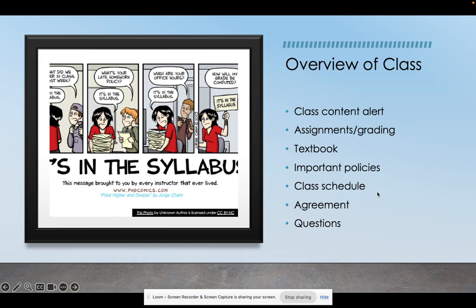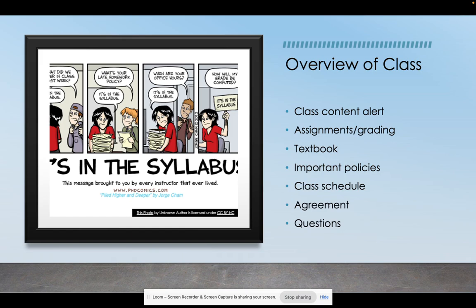As far as assignments and grading, so you will have textbook chapter reviews that are due regularly. There is a course schedule with all those due dates at the end of your syllabus if you would like to write those down, maybe in an agenda or something like that. You will also have in-class free writes. So those two assignment types, the chapter reviews and the in-class free writes, each one is worth 10 points. And you need to do 5 of each assignment type in order to earn all the possible points at the